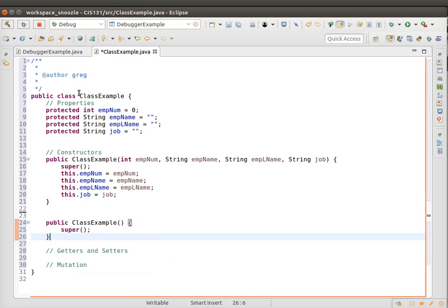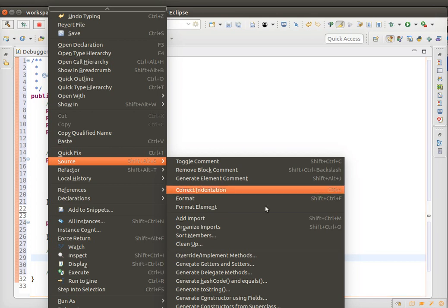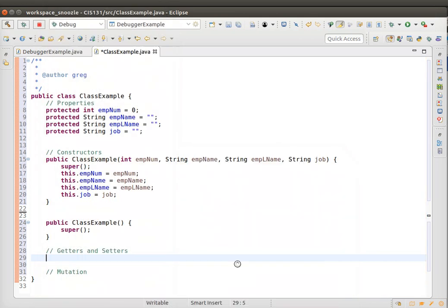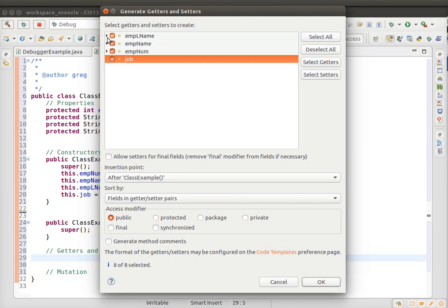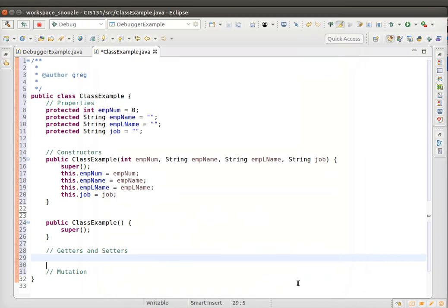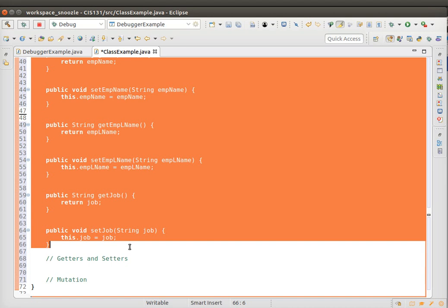Again, you can't access these values directly, since they're protected, which is similar to private. What we can do is now do getters and setters. So I'm going to right-click this again, do source, and then select generate getters and setters. I'm going to make one for each one, but you have the option to only do get or only set. Sometimes you only want to be able to get the value, and you have that option here. This will build them all, and then I like to keep them parameterized within the